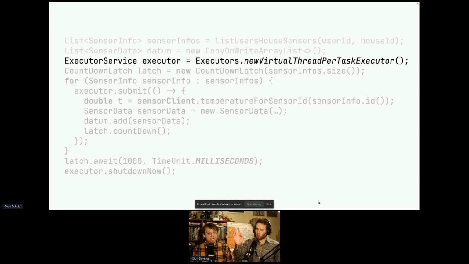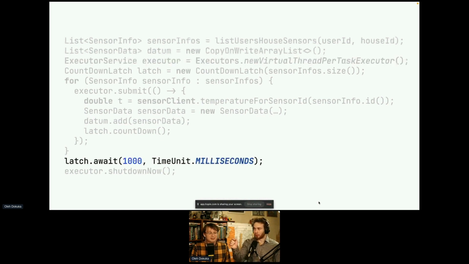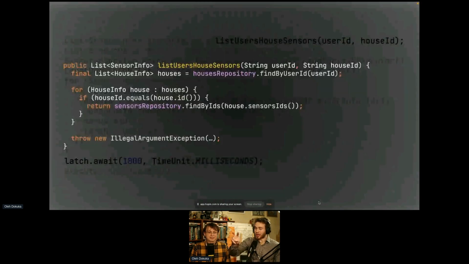But wait! Don't lie to our audience. Since we have a blocking call here, and okay, these submit calls are running in a virtual thread, but this one and this one, which has two blocking calls to the database, where are they running?